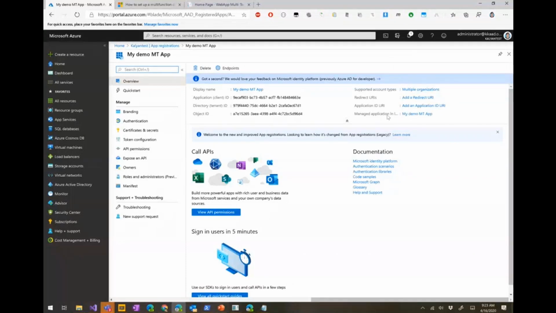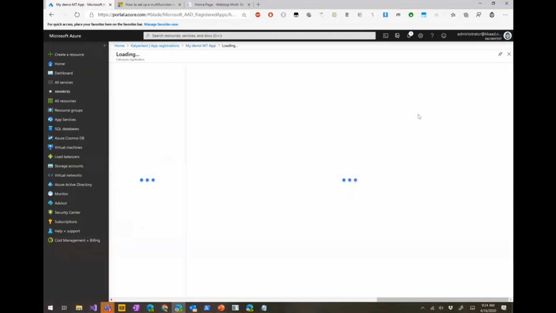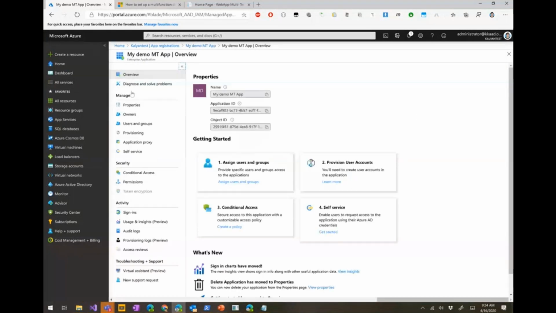By default, the portal would have created a service principal for this app automatically. In case it hasn't, you can click here on the overview screen. This is where I have been taken to the enterprise app side of things, and I can see the service principal of my app.